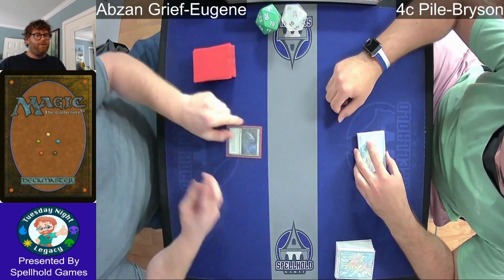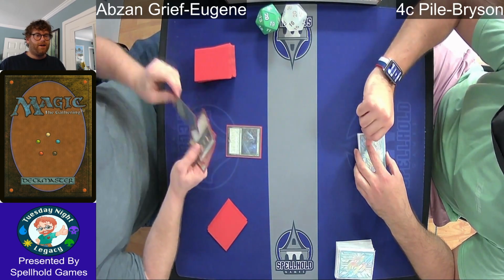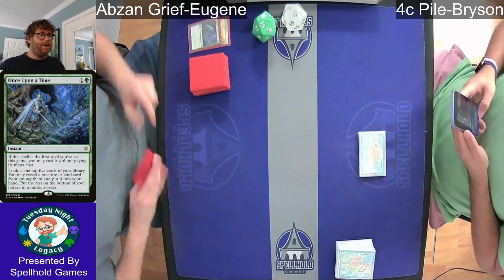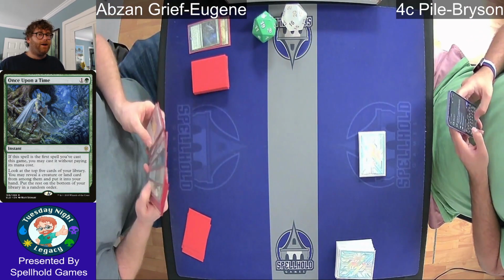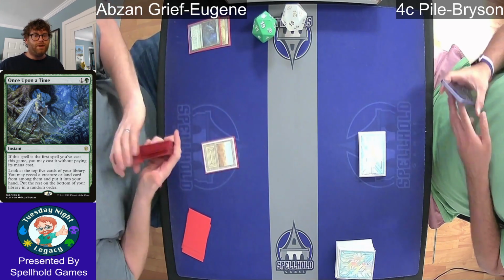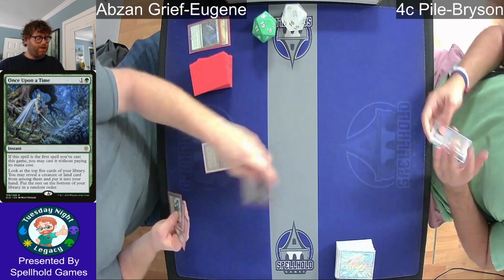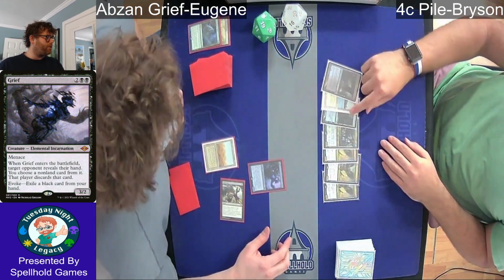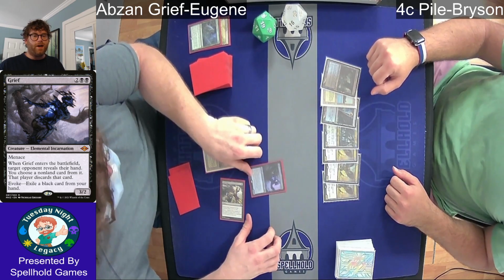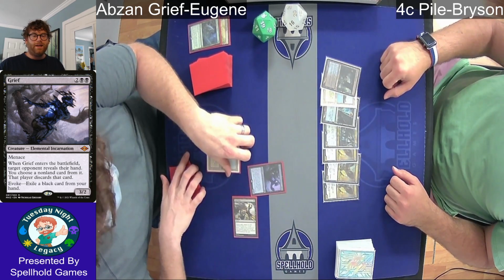I'm starting on a 5-card hand here, starting out with Once Upon a Time. Because it's the first spell cast, you get to do it for free, revealing either a creature or land. I ended up revealing that Windswept Heath into a Scrubland, starting out with the combo of Grief, exiling that Fatal Push to cast it for its evoke cost, but using...